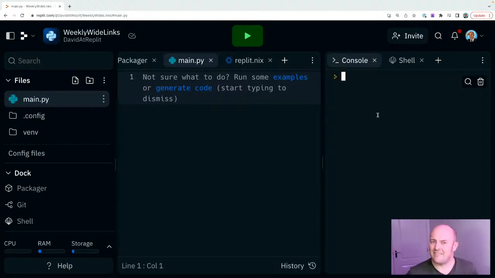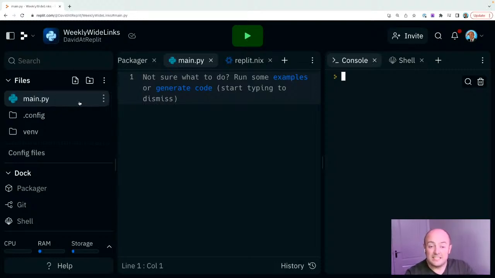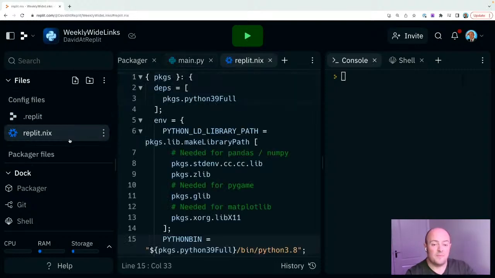Python didn't have it, never had it at all until recently. And I think it was 3.10, maybe 3.11, where the switch case construct was added. I can't remember that off the top of my head because it's pretty much brand new in the world of Python. But if you wanted to use that, you would have to manually increase that version of Python or use one of the templates. It is very easy to do, though. It is literally getting into that replit.nix file, changing some values, and going from there.